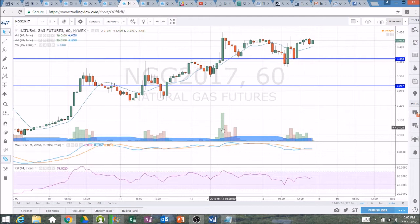The first pullback, there were no big red flags in terms of volume. In looking for a bull entry, you can see the bull volume very clearly outweighs the bear volume. We did have one candlestick in there that had a bit of a spike, but you see the lower wicks with bulls buying the dip, and we ended up bouncing 0.3 of a penny above that support from 3364,